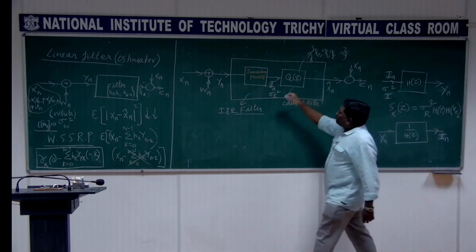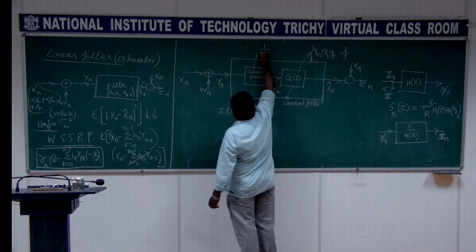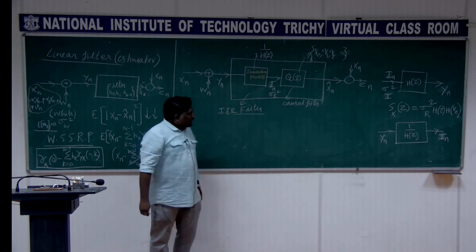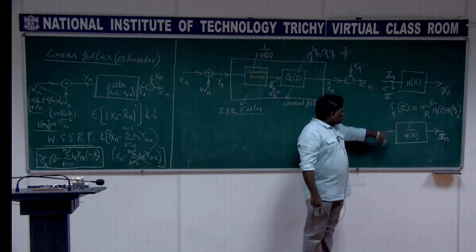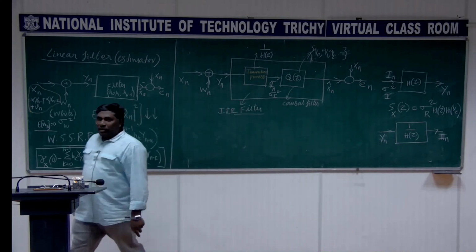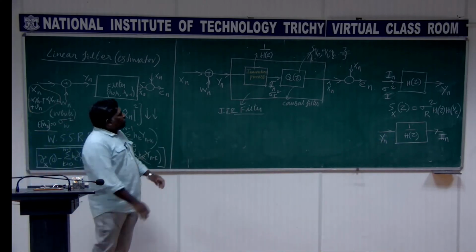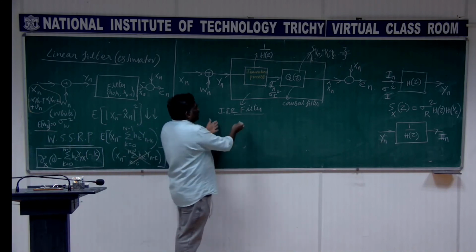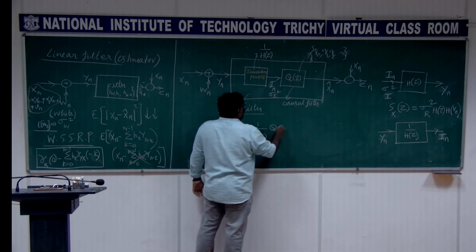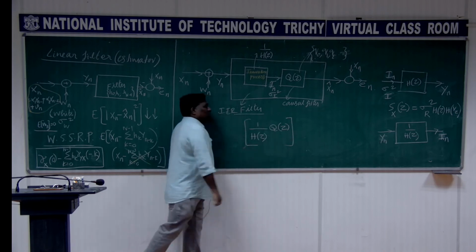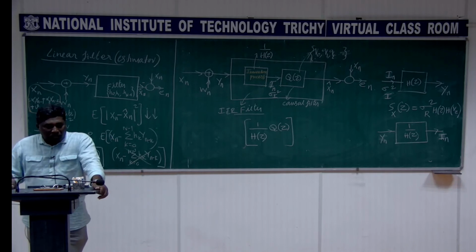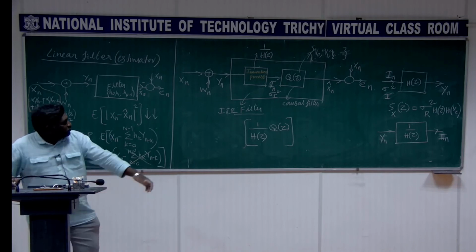And this block diagram has the transfer function of 1 by H(z), put like this, right? Because we want this input to be Y(n) and the output to be I(n), and the transfer function I have written is 1 by H(z). If I want to know about this IIR filter we are considering here, that is going to be 1 by H(z) into Q(z). These two combined together give the transfer function of this IIR filter. Once you know this, then you are through, right? So that is what we need.